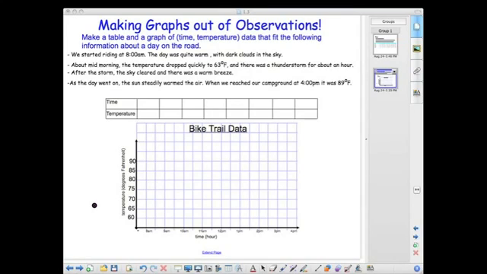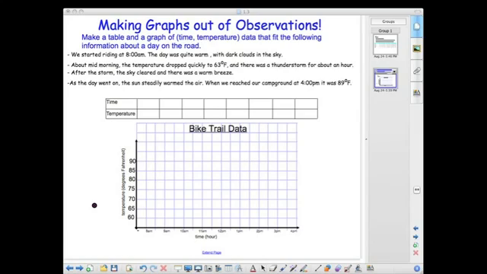So what we're going to do today is talk about making graphs out of observations. So basically making a table and a graph. For this set of data we're talking about time and temperature that will fit the following information about a day